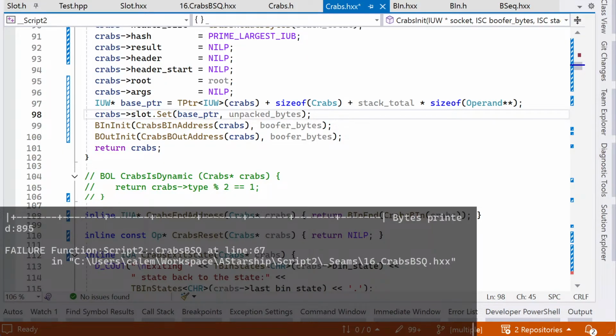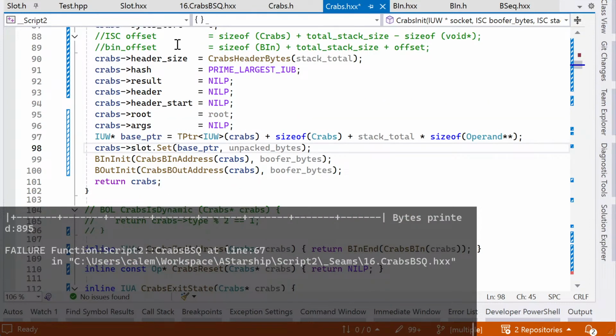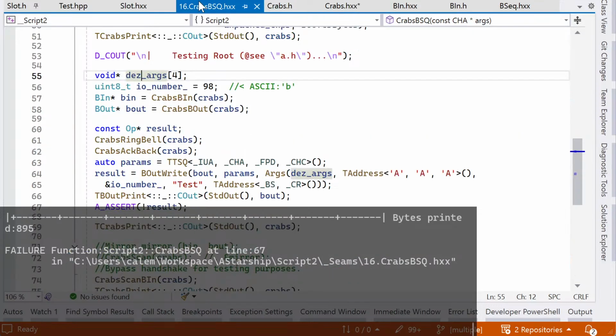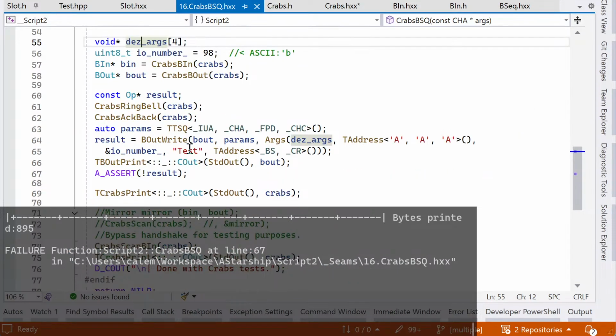Got some like crabs BSQ line 67. All right. Okay, so there's an address. What the hell is this address thing? God damn it.